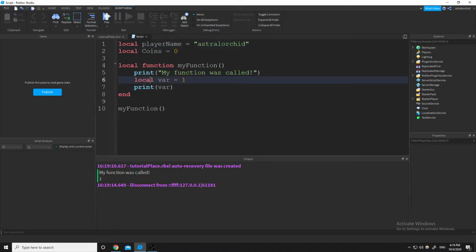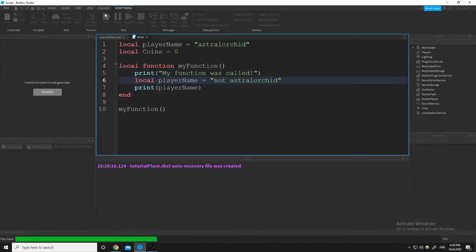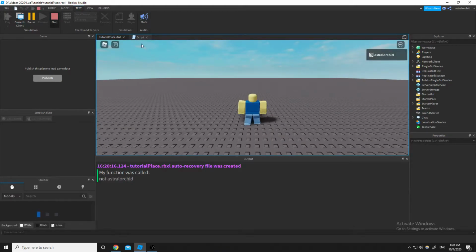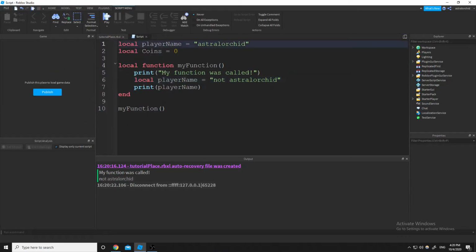However, let's say I change this var to player name. We might run into a problem here. We have the same variable. The variable is named the same. So if I run this and hit not astral orchid, it printed not astral orchid, but we have two variables of the same name, and they have different values. So the local is inside of that function, but outside of the function,